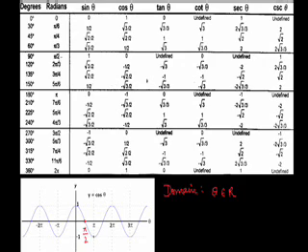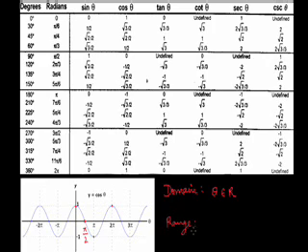The value at pi is -1. And after that, the value starts increasing in the negative direction. So here's the graph. It goes like this only. And from the graph you can see that after the 2 pi interval, the values start repeating. Whatever the value is at x equals 0, the same will be the value at 2 pi. So after 2 pi intervals, the values start repeating. So the domain was theta belongs to R.